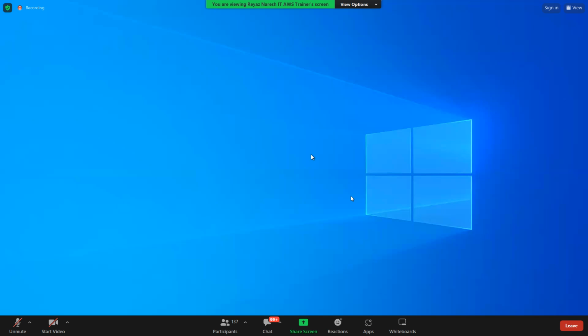T2 micro. For T2 micro, how much memory does it have? How much size? 1 GB. 1 GB means it's very slow. That's why it took this much time to see your console, your Windows machine.